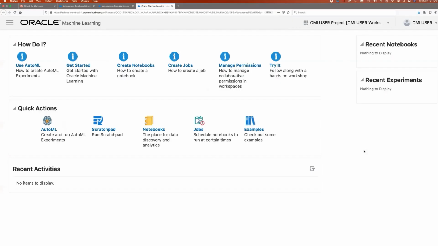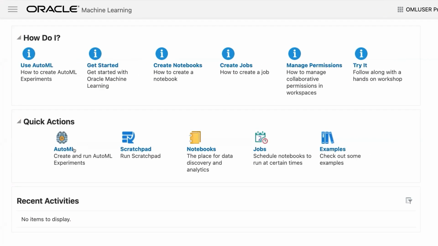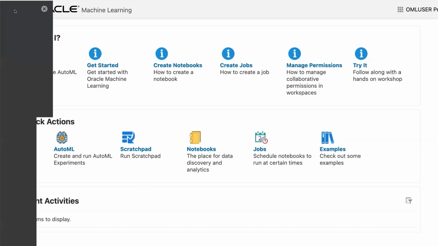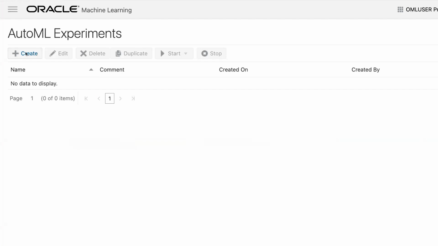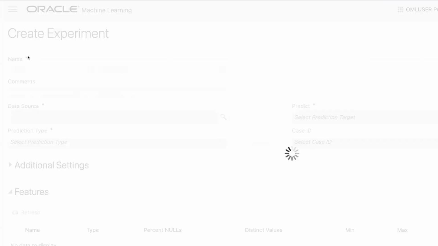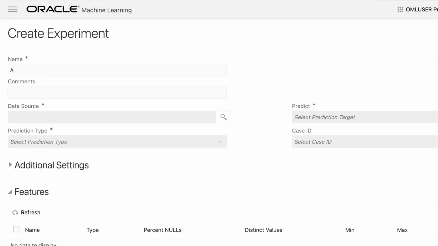So let's do that. We're going to click on AutoML, and I can come from here or from here as well, right? It's the same thing, AutoML or AutoML. Okay. I'm going to create an experiment. I have nothing there. I'm going to type affinity card, and